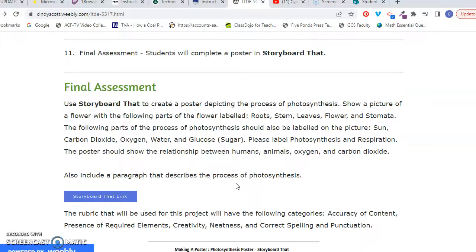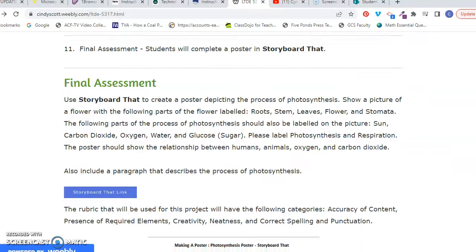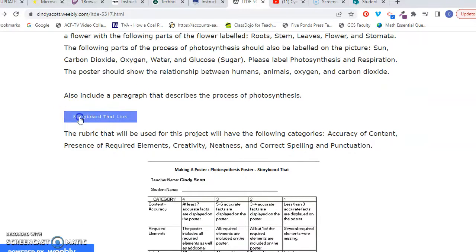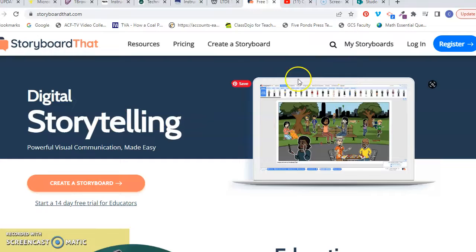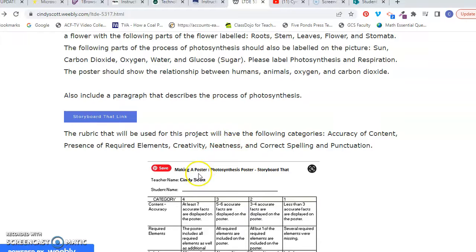I wanted this poster created in a website called Storyboard That, and I've given them the link where they would sign in. We have used it before. They would sign in, they would create their poster here. I have also given them a rubric and have told them that they will be graded on the accuracy of their content, the presence of the required elements, their creativity and neatness, and correct spelling and punctuation,